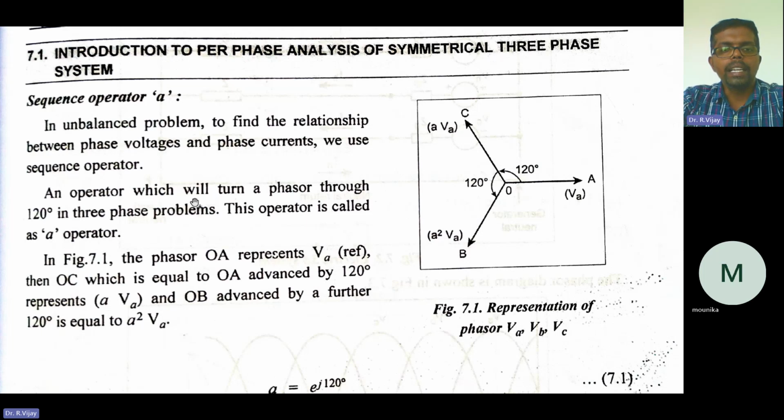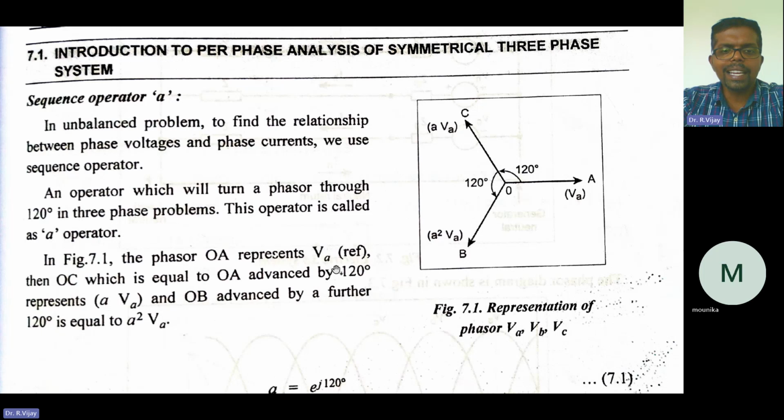It is an operator which will turn a phasor through 120 degrees in three-phase problems. So the phase angle between one phase and another phase: A and C phases are 120 degrees, C and B phases again 120 degrees, and B and A phases again 120 degrees. Each phase will have a phase angle of 120 degrees apart. So in this figure,